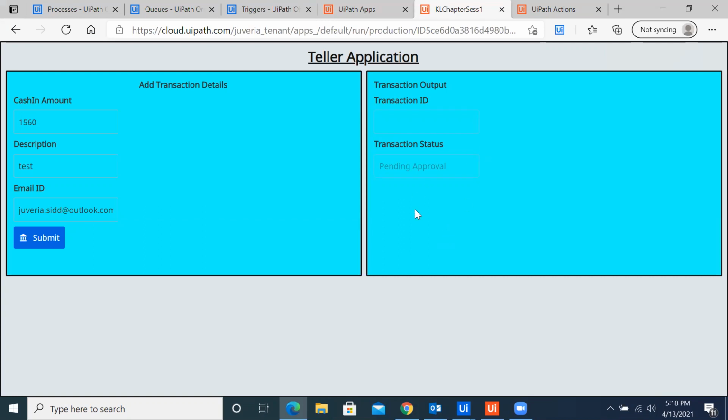Thank you. Okay, so in today's demo, I've created an application in which the user can key in a certain amount, a description, and an email ID. And when they click submit, at the back end, the Teller application is opened up and this amount is keyed into the Teller application with other details. And then the process is carried out in the Teller application. Once that is done, the bot grabs the transaction ID, the total amount, and a transaction status, and it displays it in this Teller application UiPath Apps, and also it sends you an email confirming that your transaction has been